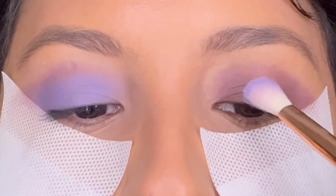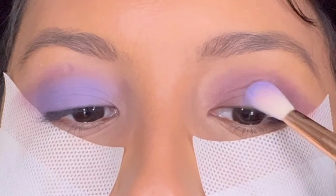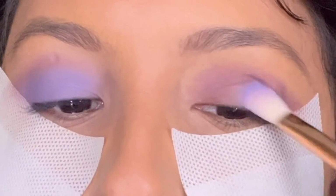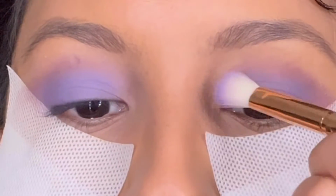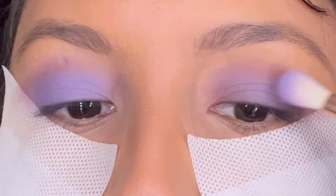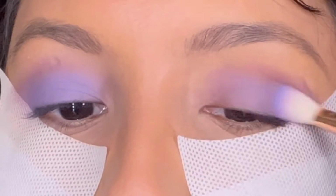Alright, on to the next eye. Since this one doesn't have a base, let's see how this comes out. Okay, wow. It is popping out just as much as the other side, so I really love it. There's definitely no difference. Alright, so this is the way it looks so far, and these shades are just so gorgeous,